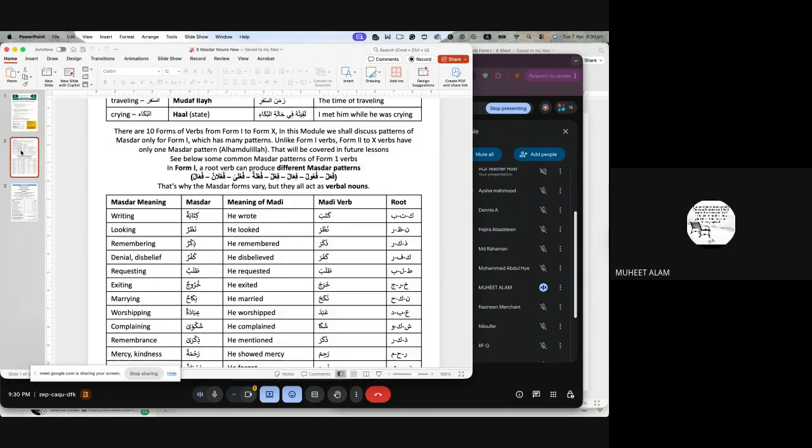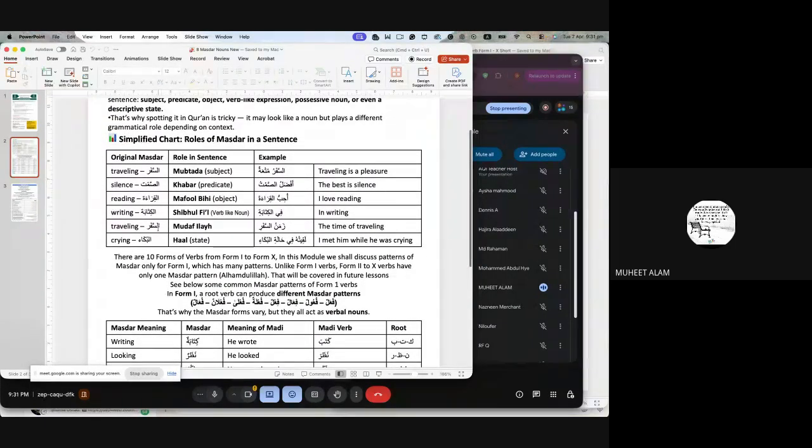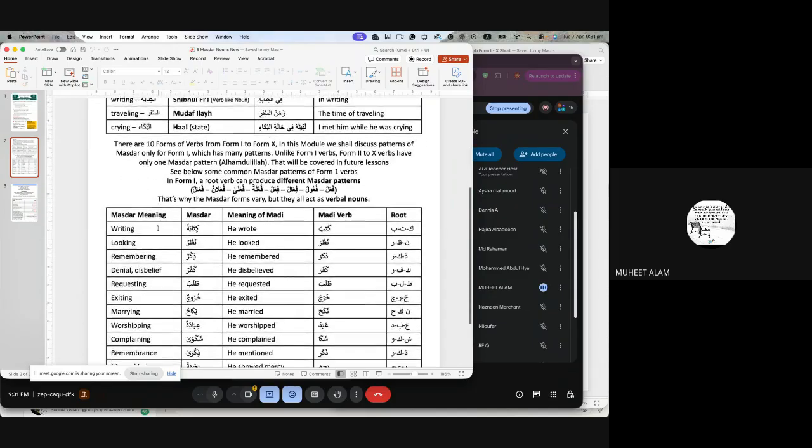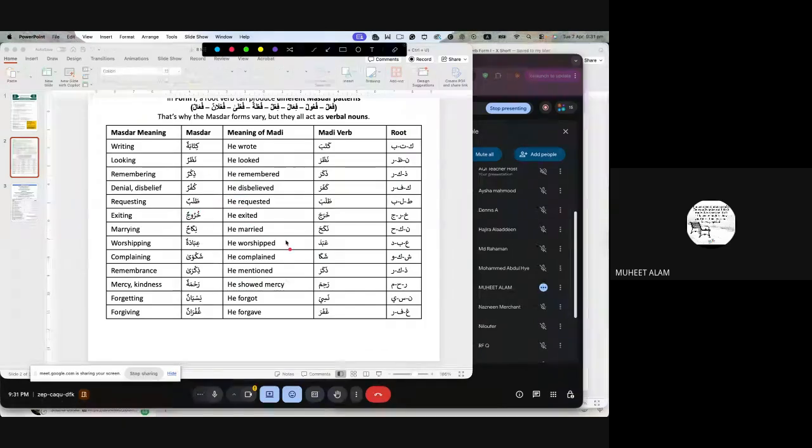Now let's understand the difference between a verb and a masdar. As we saw previously, a verb has three elements: the action, the actor or doer, and time. On the other hand, a masdar doesn't have any doer, doesn't specify the time, and is just the pure action concept itself. The verb gives you three things: action, doer, and time, and the masdar gives you only the idea of an action. Let's understand it with this table.